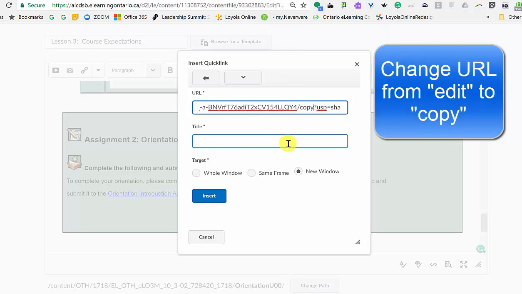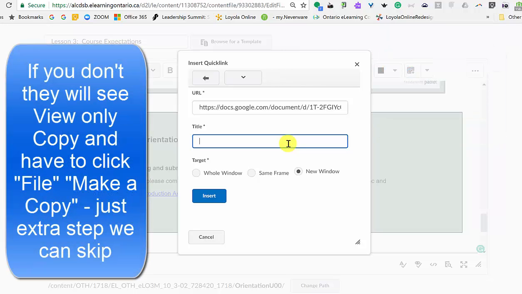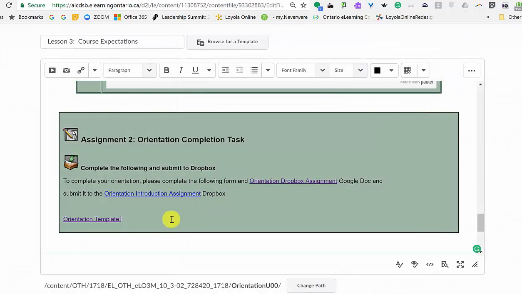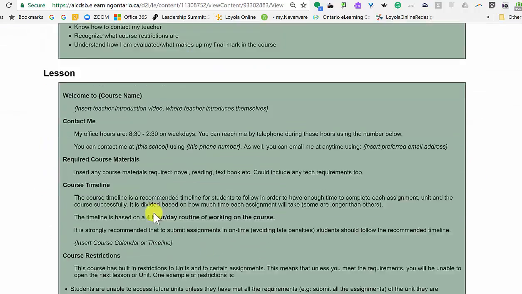If you leave it as edit, it's fine, but what will happen, they'll open it, they'll see a view-only copy, then they're going to have to say File, Make a copy for it to work for them. So orientation, template, and I always say open in a new window, so it pops into a new window for them. So we say insert and update, and now when the student clicks on that,